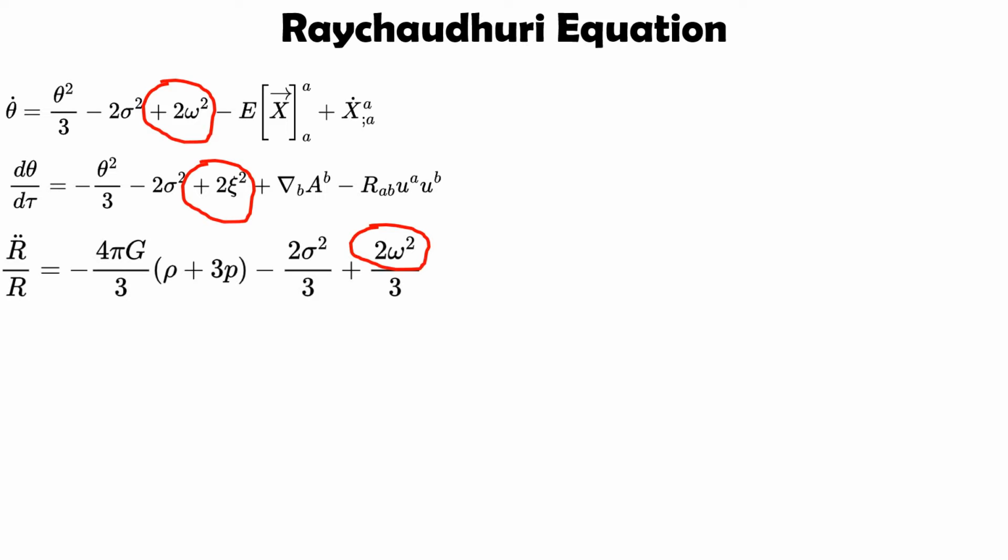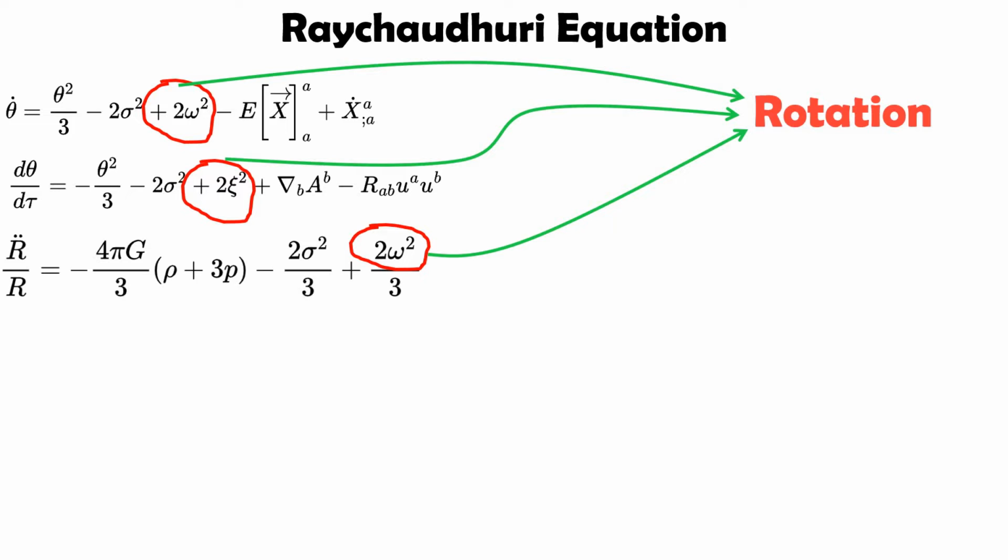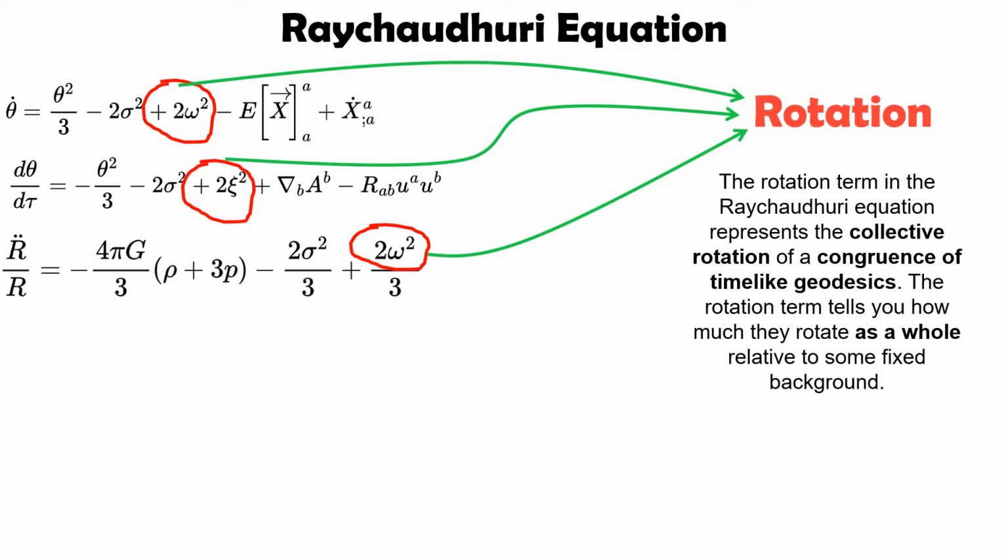Next, what we find is that all of those equations have got a value of omega. Now, in the second equation, this is noted as xi, because I have not shown the expanded form, but this xi is actually a contracted form of the rotation, which is called the velocity vorticity. But anyway, you can understand this is also rotation. So all these equations again have something which is very common, which is called rotation. Now, why rotation? Because the rotation term is very important and central in the Raychaudhuri equation.